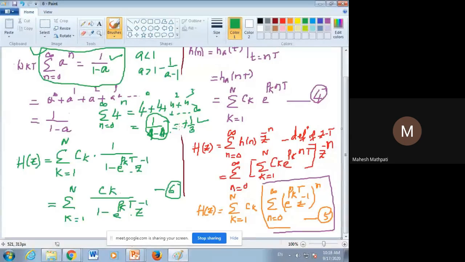Laplace transform is like H(s) we are writing. So that is again a continuous transfer function, right? So here, wherever the H(s) function is there, that is an analog system function. And wherever the z term is there, that is a digital system function. Now, thus we have obtained, you just write, thus we have obtained